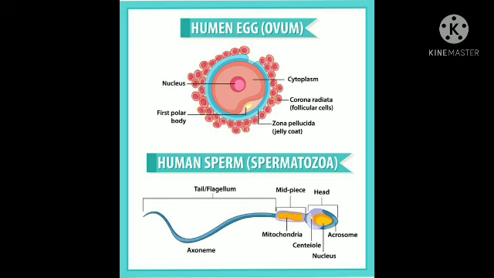Next part is the neck. It is just a kind of tissue where the mitochondrial spiral of the middle piece starts to originate. It usually carries two centrioles which have 9+0 arrangement, as I told you in class 11th. They are perpendicular to each other. The two centrioles are the proximal centriole and the distal centriole. The distal centriole is the centriole from which the long longitudinal axis of the sperm originates.